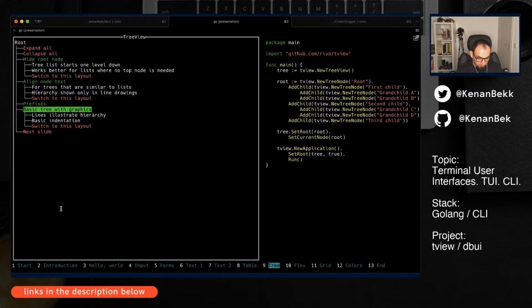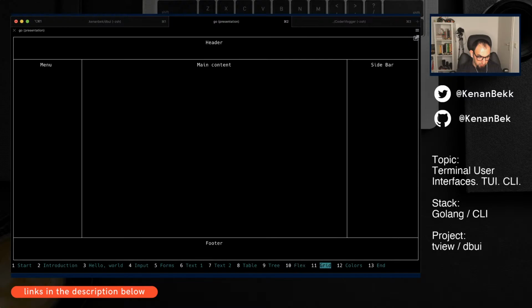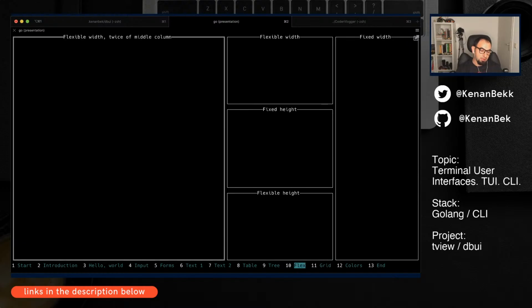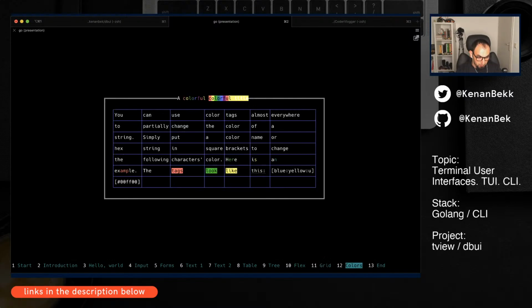So tree. Next one is flex, grid. We can discuss these two in a second, but this is basically how you can prepare your view or your layout, right? You can have multiple grids, grid cells, or you can have flex. I think flex lets you set more flexible sizes, but I'm not sure. I personally use grid for dbui. Colors,